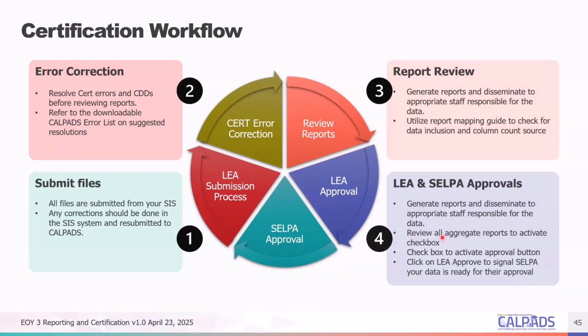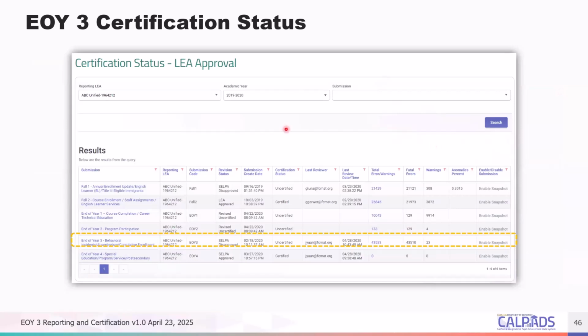Once your SELPA approves and they still encounter some discrepancies later on, you can go ahead and make corrections, then disapprove, and go through the same process again. So this is essentially a summary of the work you will expect once the snapshots are available, except for this and this, of course, because you can do that now. All right, so most of the subsequent discussion would be a demo.